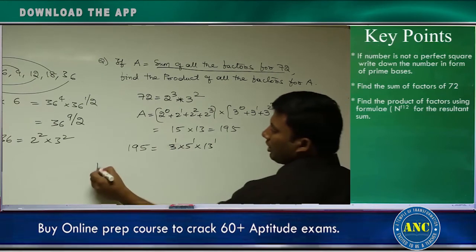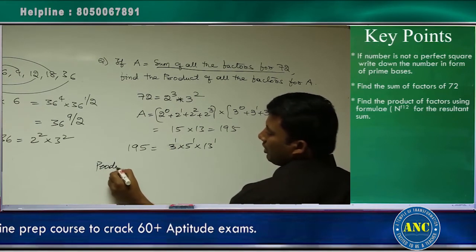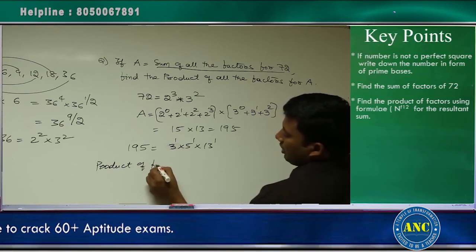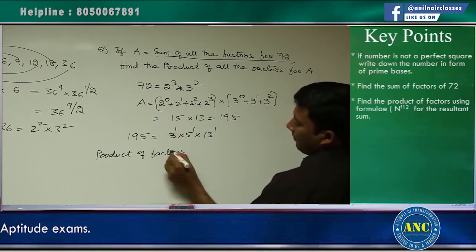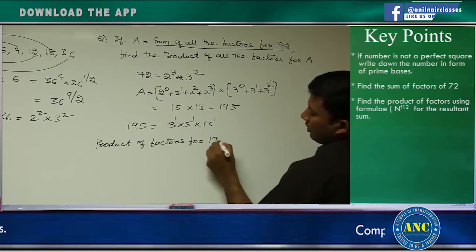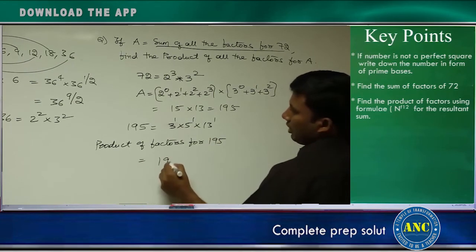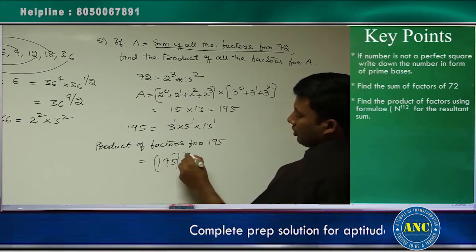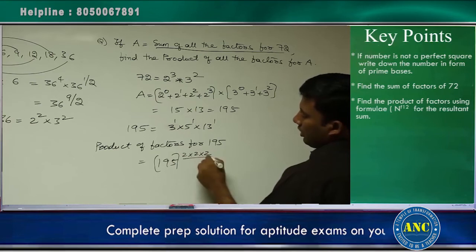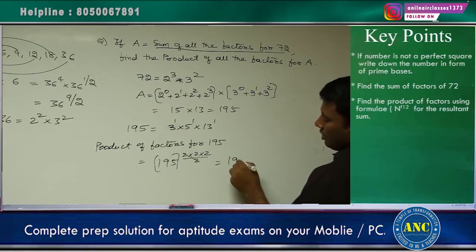What will be the product of factors for 195? Product of factors for 195 will be 195 power number of factors by 2, which is 2 into 2 into 2 by 2, so 195 power